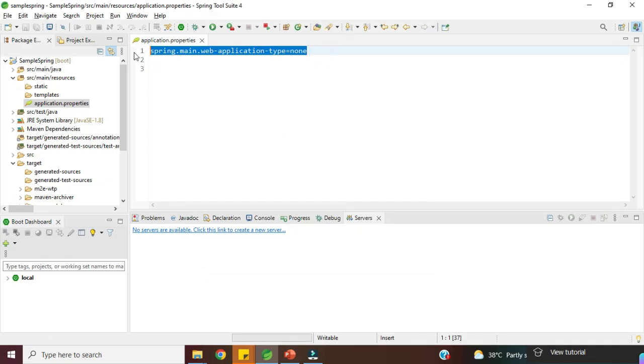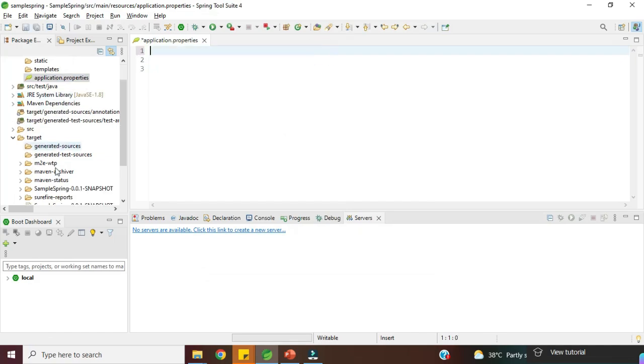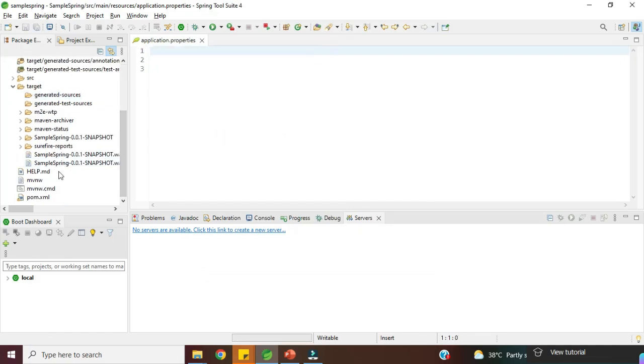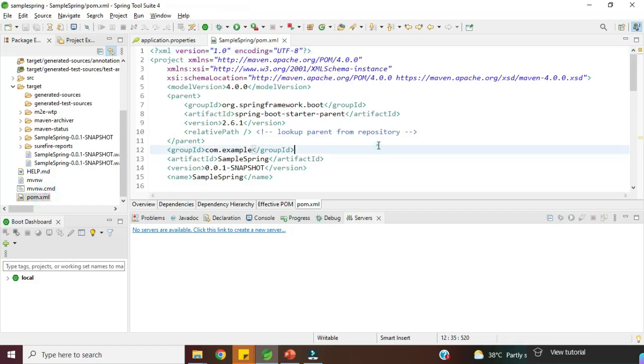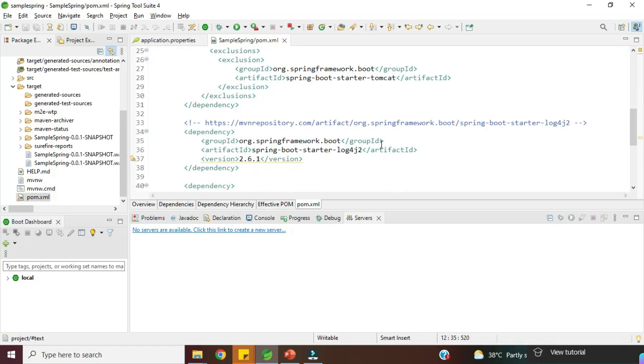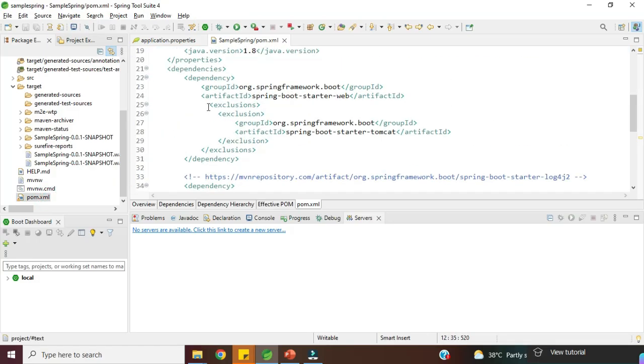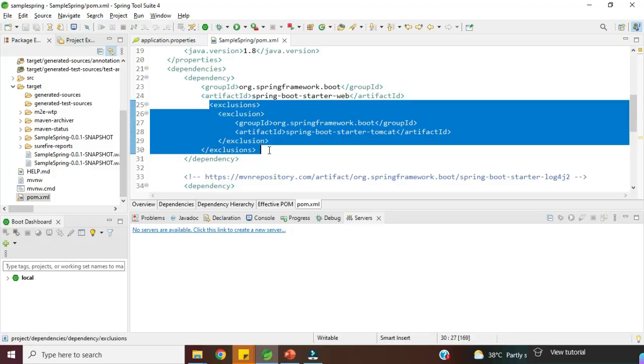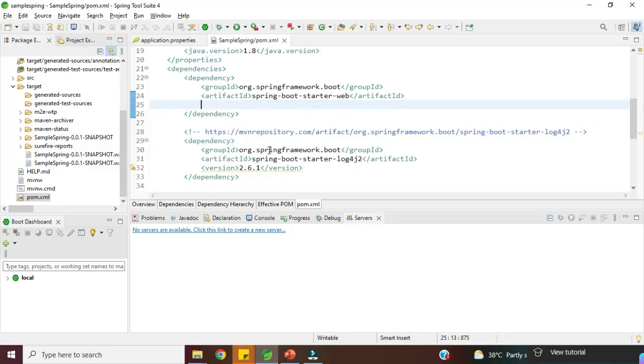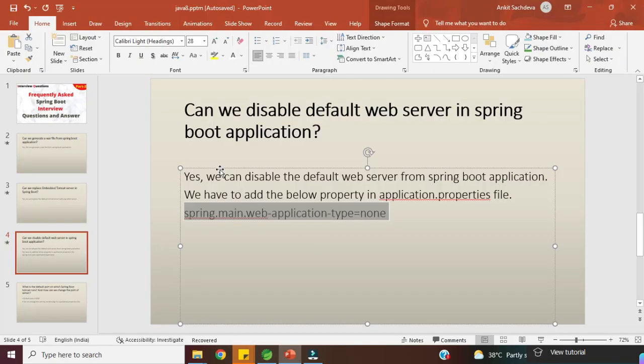I have removed the dependency, and I'm going to add the Jetty again. Here I will remove the exclusion of Tomcat, so now it will run on default Tomcat. Now the next question is,